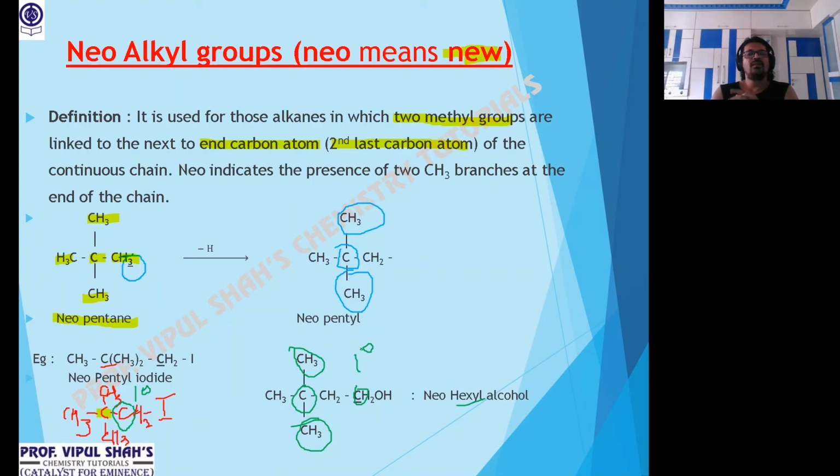Sec also starts from propyl onwards. One carbon is branched, attached to two other carbon atoms, and the functional group should be directly attached. In iso, it was only two similar alkyl. Here I am saying two other carbon and the functional group directly attached. Sec also starts from propyl, but isopropyl is sec propyl. And for any sec, nature is always 2 degree.